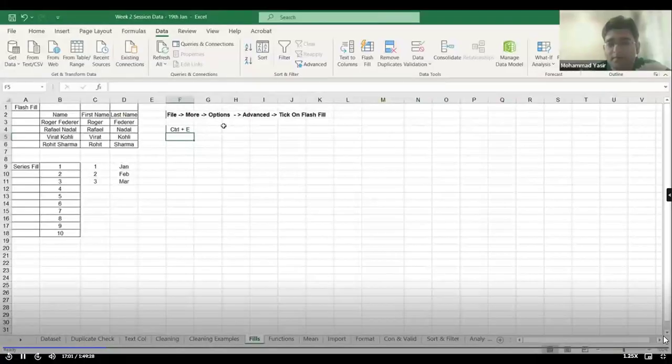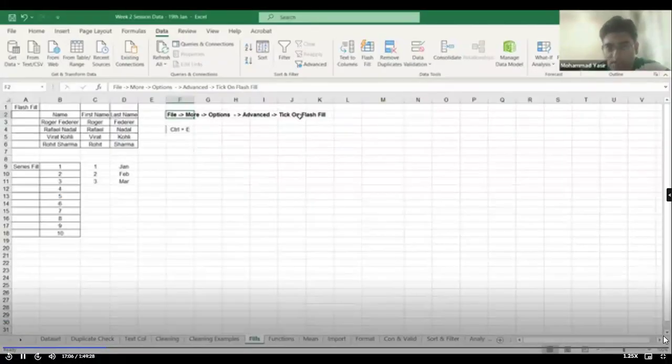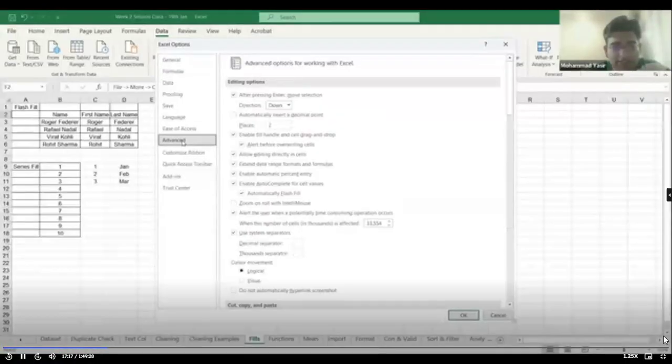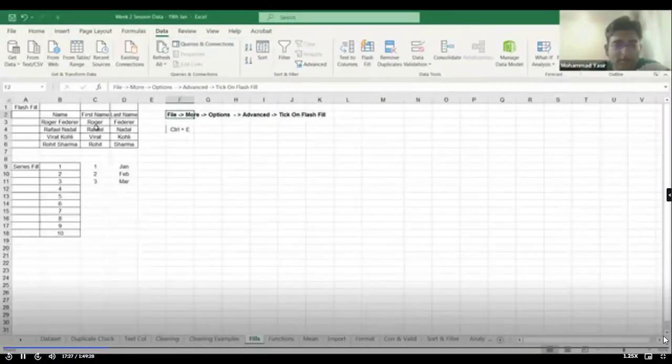And why did this happen? Because in my Excel, I have enabled flash fill. Right. So if you go to File, there's an option More, Options. You will get a pop-up, Advanced. This option you can tick, automatically flash fill. Okay. So if you press this, you will be able to flash fill your data, provided you have given the